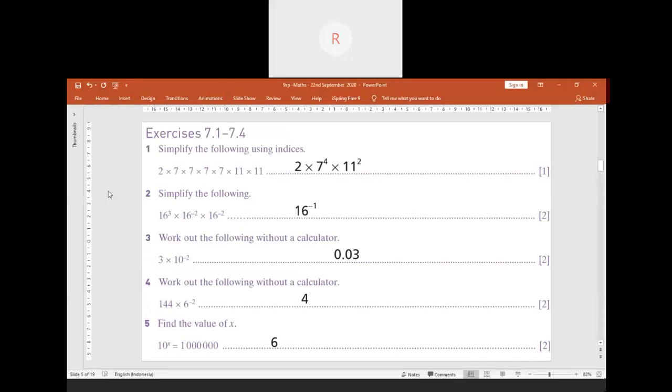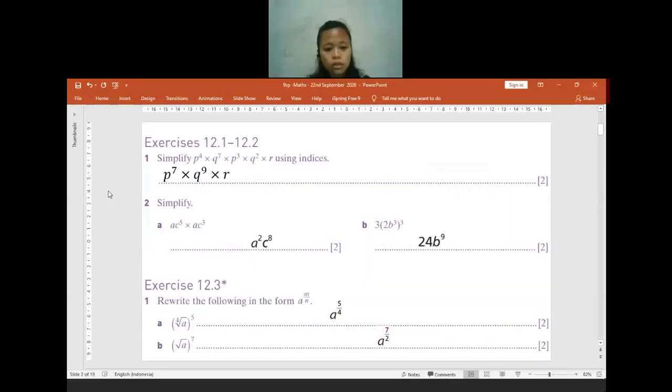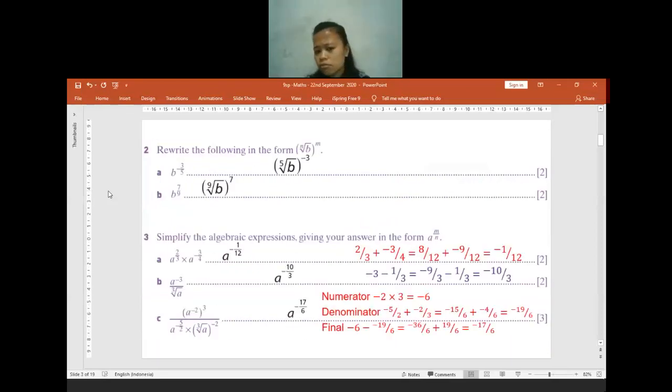Can you go back to the previous one? The previous slide? Which one? This one? Yeah. Go back more. One more. This is? No, one more. Where is it? Is it this one? Yeah, number 3. Okay, is there any question regarding question 3?